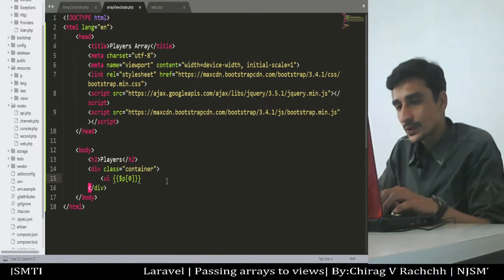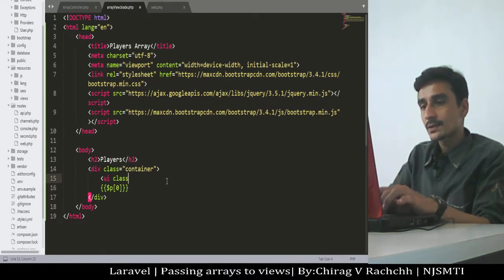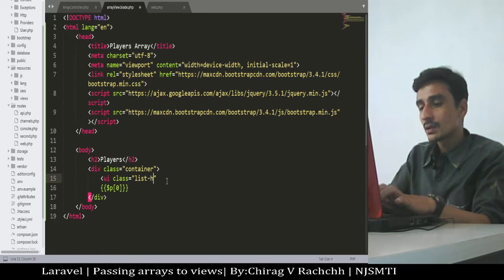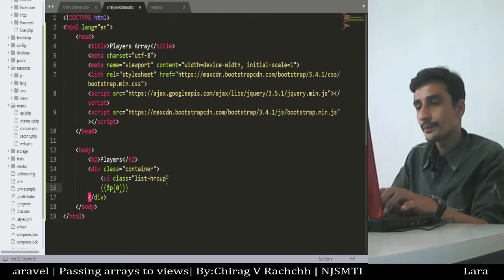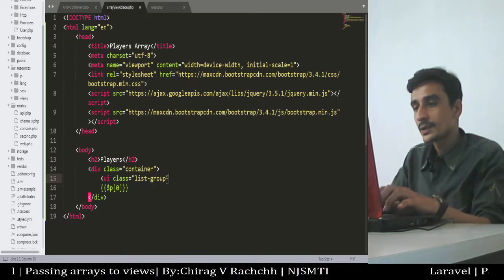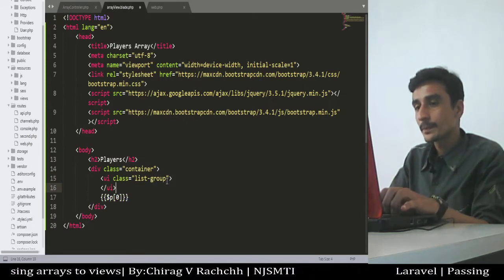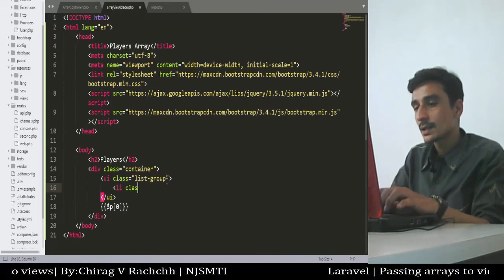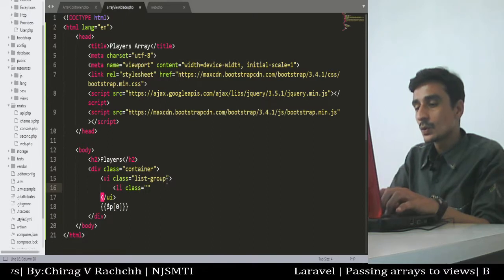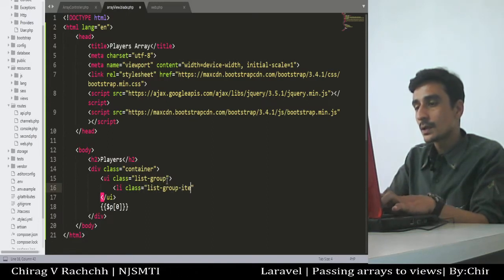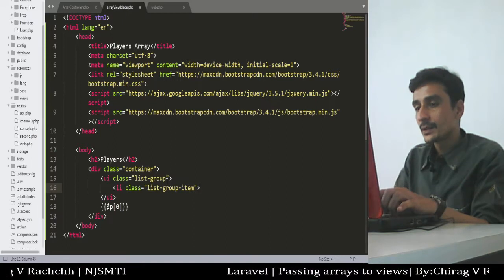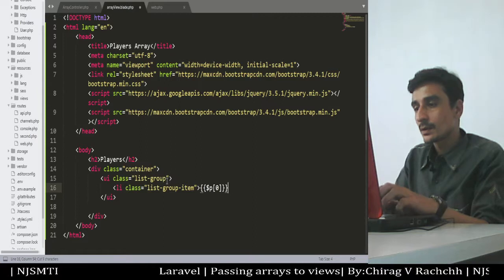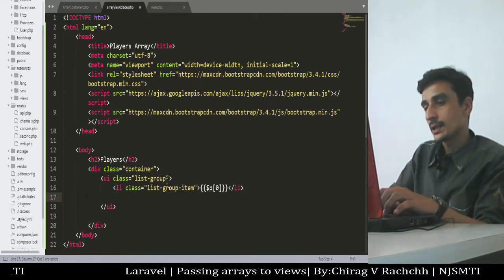I would like to use here the bootstrap class list group, okay, then here li class equal to list group item, then this, again li.